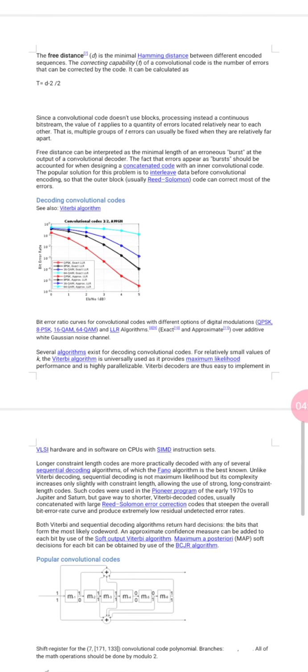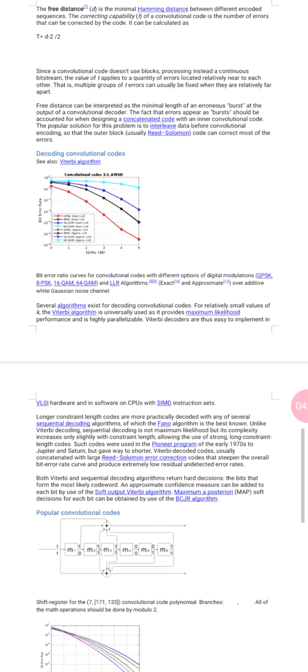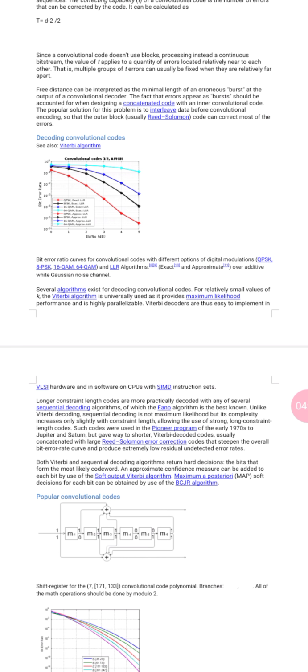Since the convolutional code does not use block processing, but a continuous bit stream, the value of t applies to a quantity of errors located relatively near to each other. Multiple groups of t errors can usually be fixed when they are relatively far apart. Free distance can be interpreted as the minimum distance of an erroneous burst at the output of the convolutional decoder.